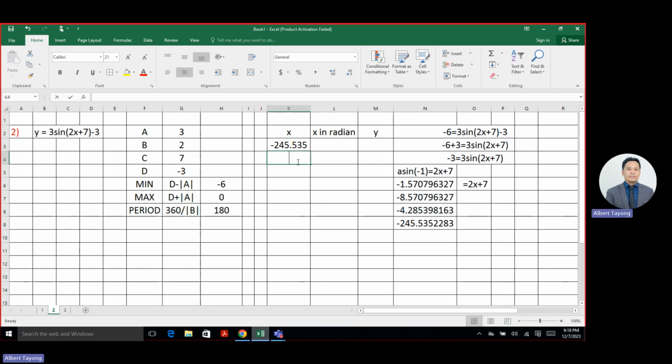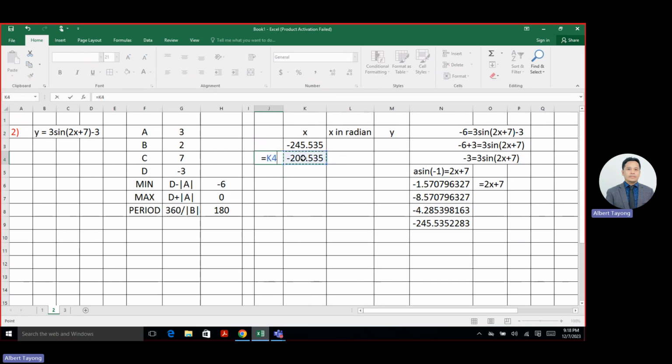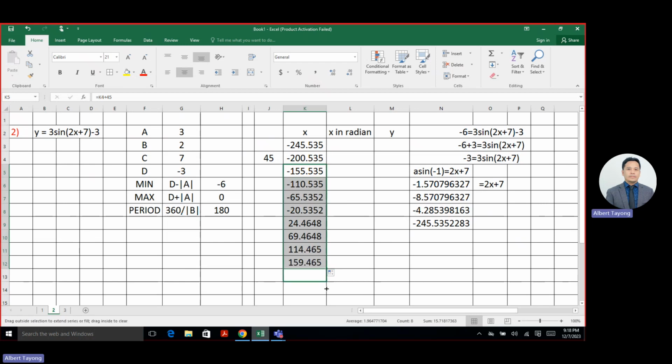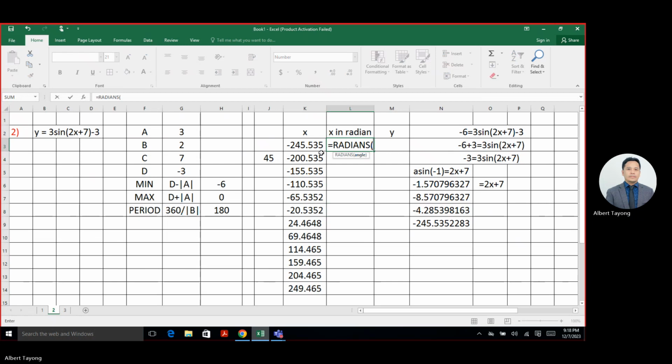So here we can have equals this. Okay, then equals this one plus 0.25 times our period, which is 180. So what is the difference between the two? Equals this minus this, 45. So this plus 45 and drag it down. Okay. So these are the values. And equals radians of this,